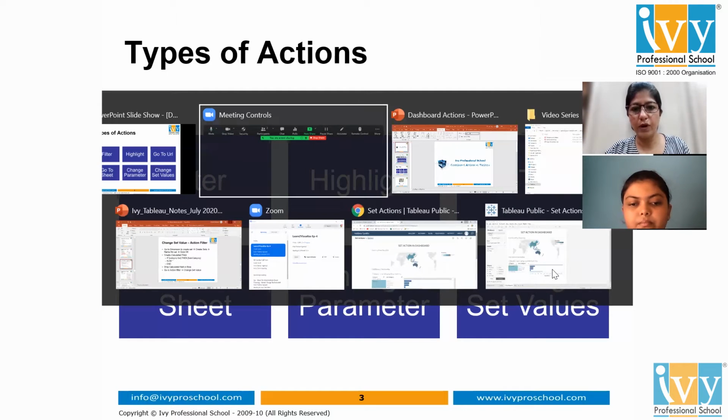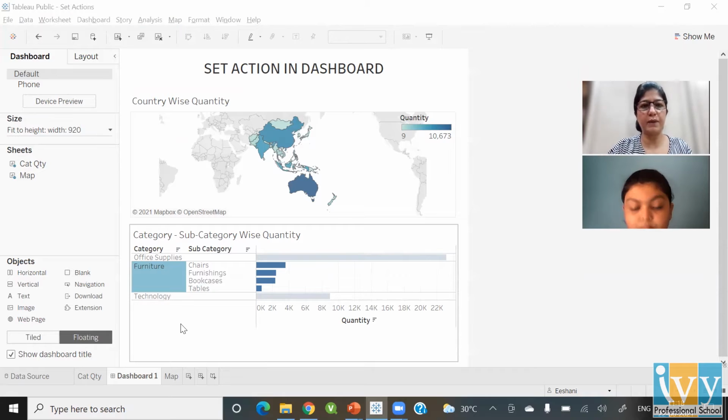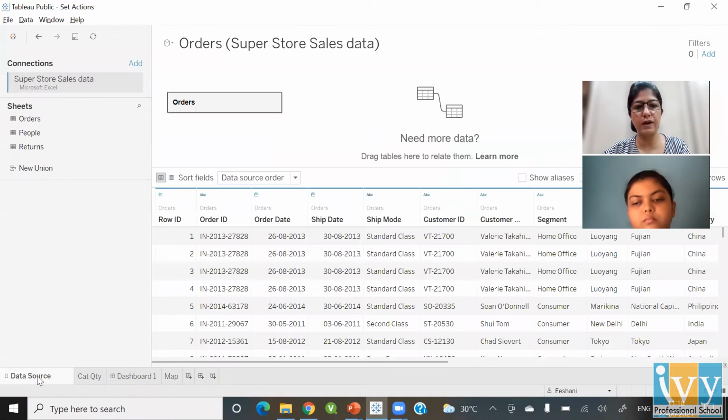So like last time, I've already created one of the dashboards over here, and we are going to try and replicate it in this particular session. So first of all, why I am using a set in this case, I'll tell you. I'm using this data source called Superstore sales data, which we have been using last time also.